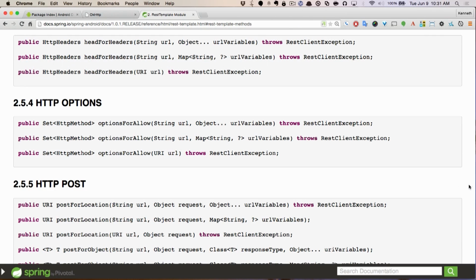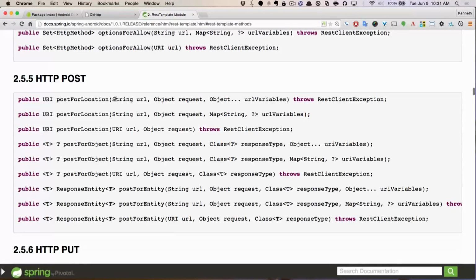Post for location is very interesting. Post for location says, give me the URL and my variables and an object to insert at the server side. That's the goal. Now we're going to take an object and add it to the server side. One convention that happens very frequently with RESTful web services is that when you insert an object on the server side